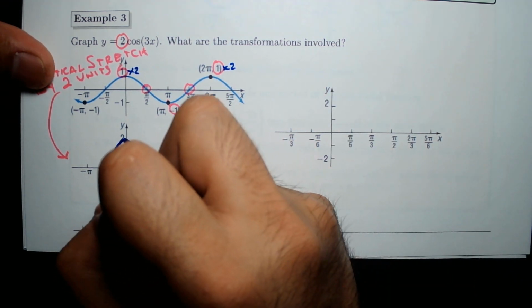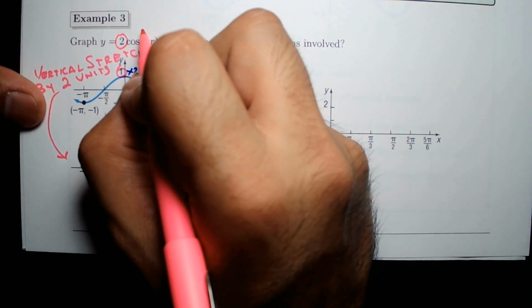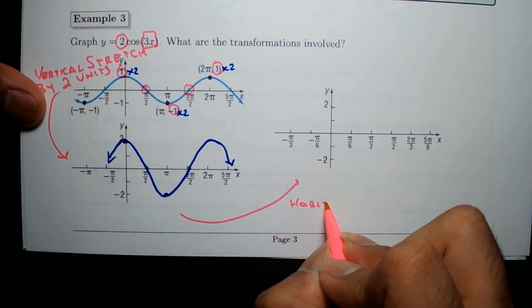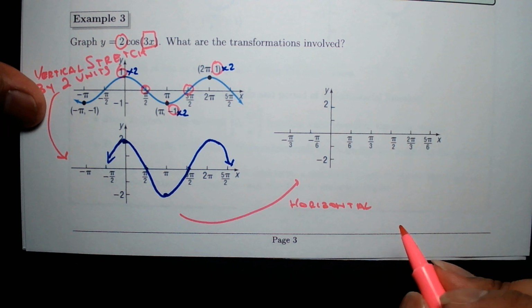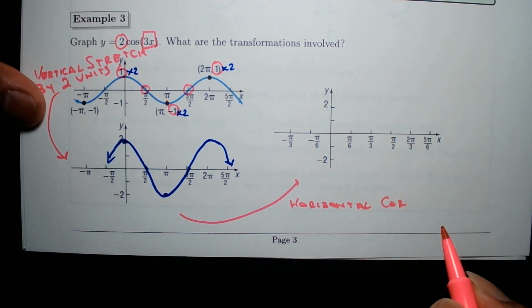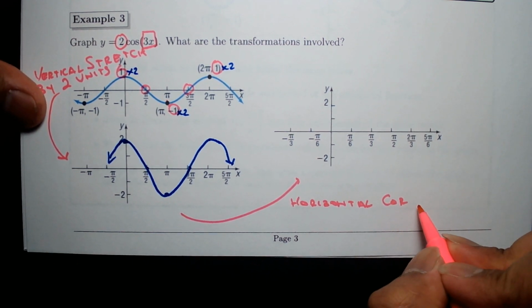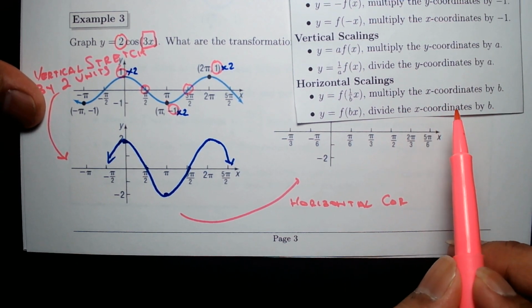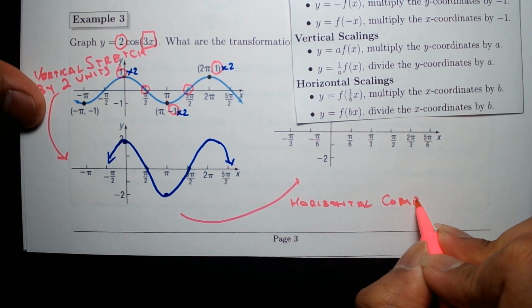And that's how it's going to go. All right, just over one period. Now, what about this 3 right here? In this case, that's going to be a horizontal compression, actually, or scaling. I'm going to call it compression. In the other example, I just said scaling, but the correct term in this case is compression, because we are going to divide by a factor of b, in this case by a factor of 3. This is a horizontal compression